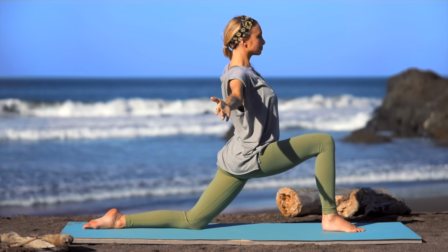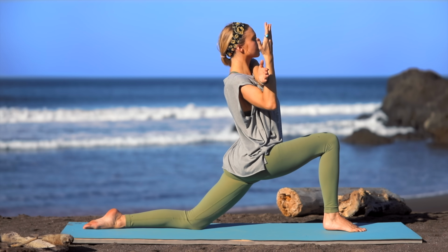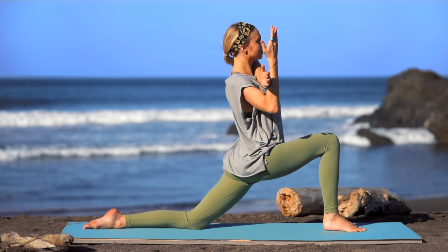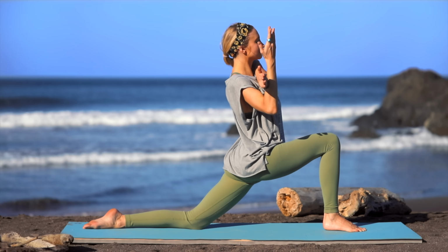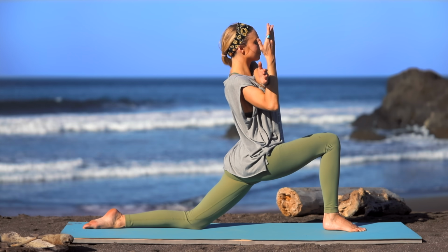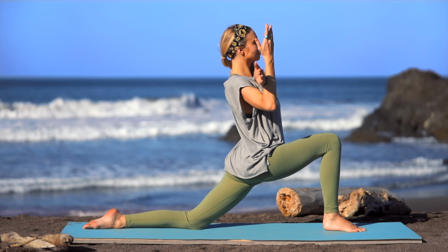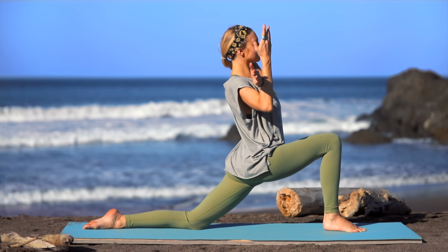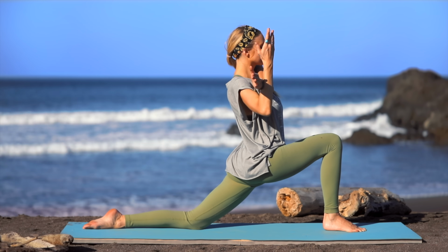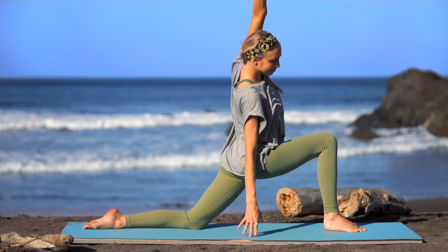And then take your left arm across your body. You can hold it with the wrist of your right hand and pull it across as you keep your shoulders straight and square towards the front of your mat. Continuing to stay in your lunge position, really focusing on a different sensation now through your arm and shoulder. Inhale. And exhale. Release. From here, left arm reaches up, right arm comes down, and then see if you can take a little